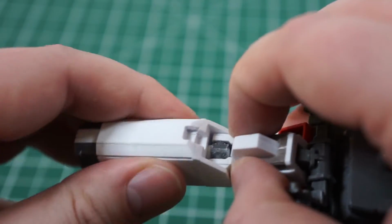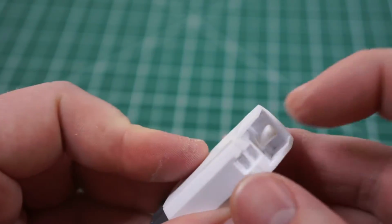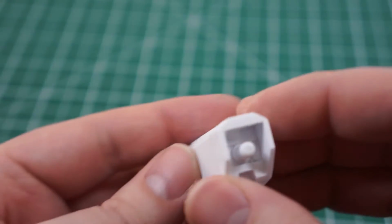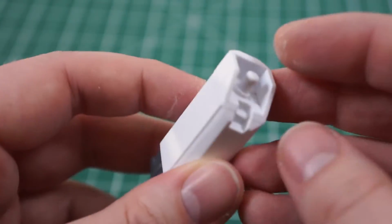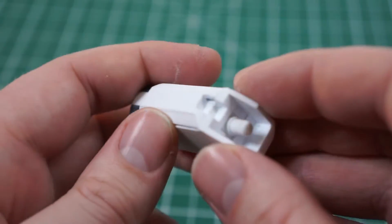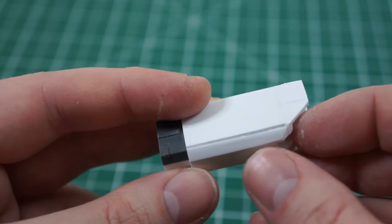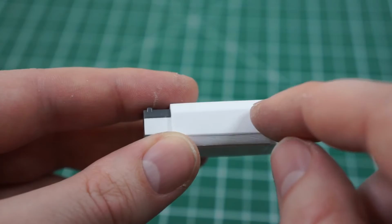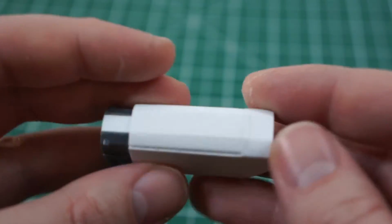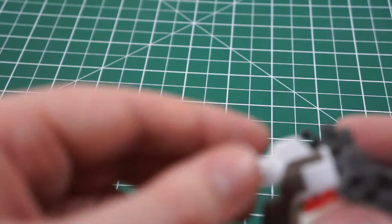So if you pull this out a little bit, there's a peg embedded here. There's quite a bit of structure in there, so it's not going to bend or snap. I carved a little bit of a channel to accommodate the arm detail. So more panel scribing will add some more details to the bottom here, and some lateral elements. And so it attaches